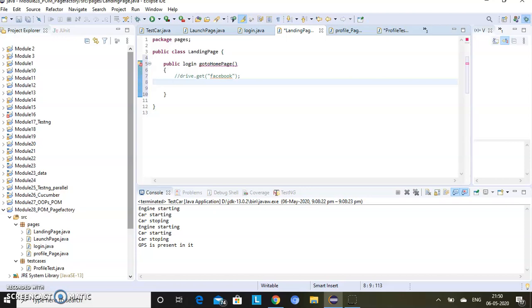And we can return the object of login page itself. So what we have done is I have created the object of login page and I am returning the same.